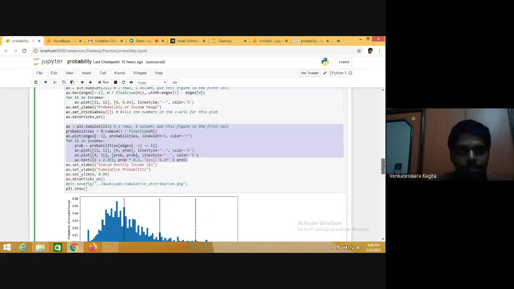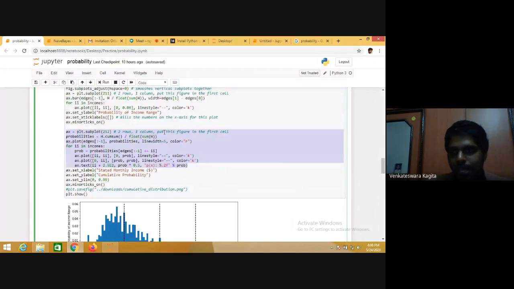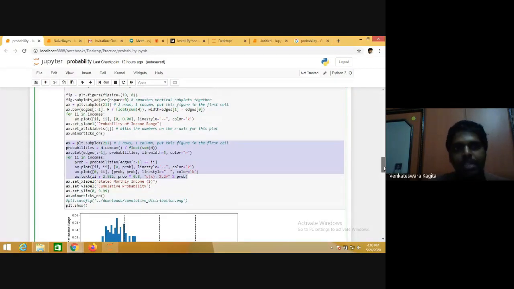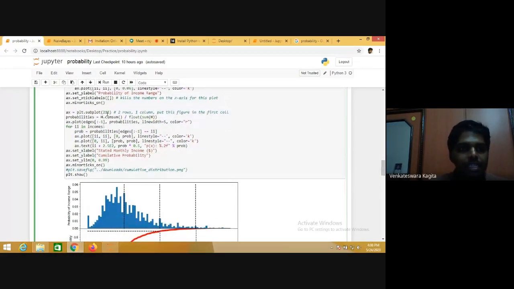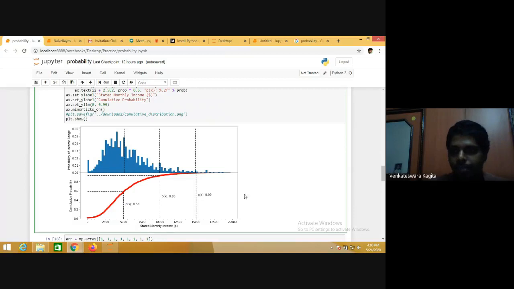So we'll see now. If you want to have two subplots, then you can have two rows or two columns. Both are okay, either 2 1 or 1 2. Here in this case, two rows are given. That is two rows and one column. Only one column, isn't it? And the position, where you want to place this subplot, in the first cell. So the first cell is this, the top one. Similarly, this one you want to place in the second position.